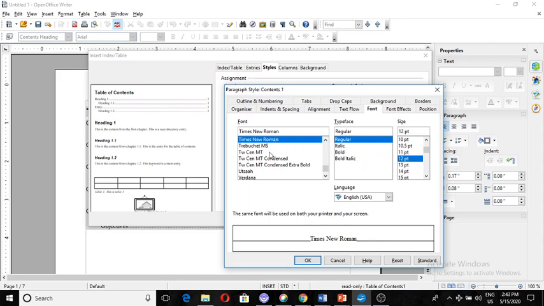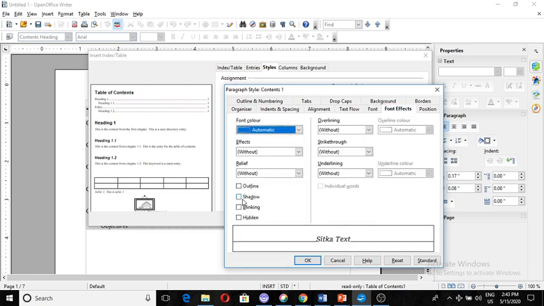point. I can change its font if I want to. I can change the style, whatever I want to. I want to make it italic. I want to increase the font point. I want to apply some font effects. I want to create a shadow. So see, two things are there. One is the customized and one is the default setting.